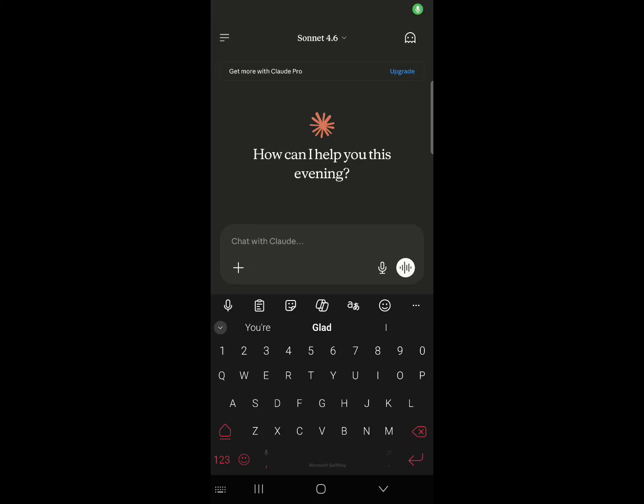Everyone, if you're using Claude AI, then do not make this mistake. If you're using Claude AI for your business, for your job, for your class, then you should keep memory